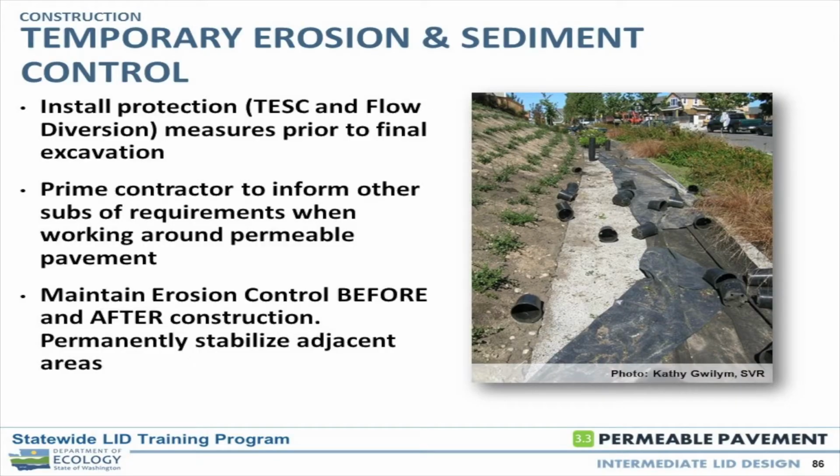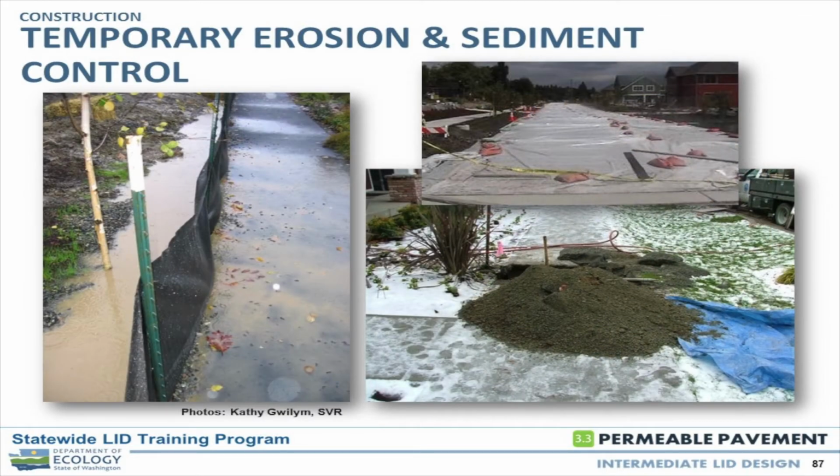So the prime informs all the subs. We maintain erosion control, and we keep that siltation from happening. It's about sequencing. Number one is probably the most important thing, and then protection of the work second. Even with all that in place, things can go sideways, and that's where I mentioned you've got to make sure that we've got remedy procedures described in the documents so that it's not a subjective process